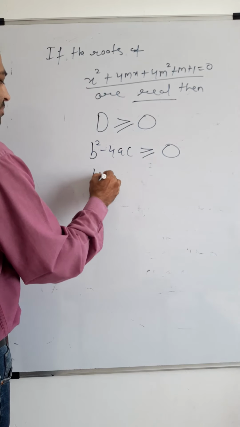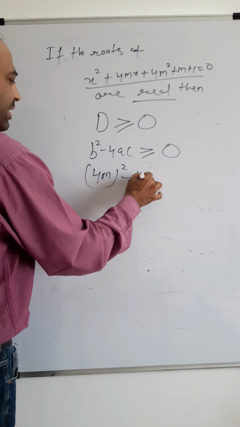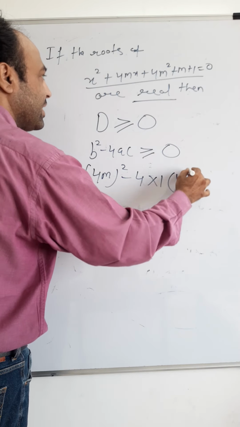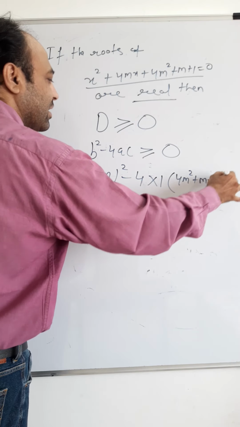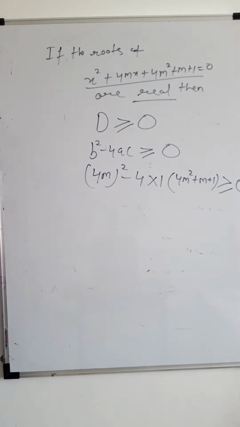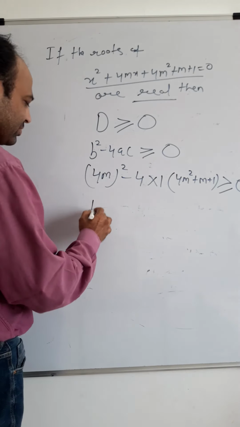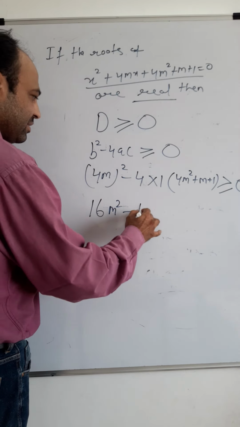B we have 4m, A we have 1, and C we have 4m square plus m plus 1, which is greater than or equal to 0. Now we will simplify this. So this is 16m square